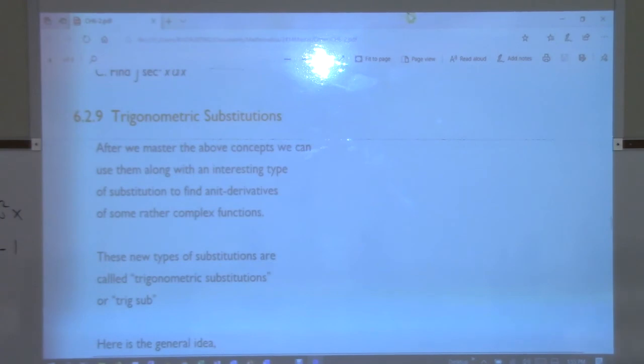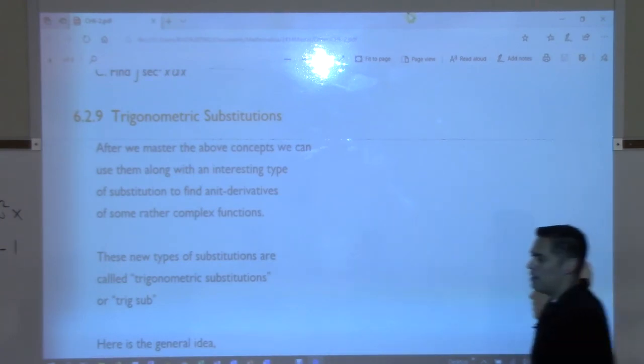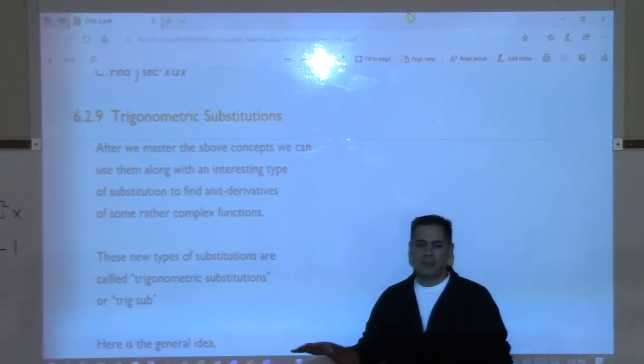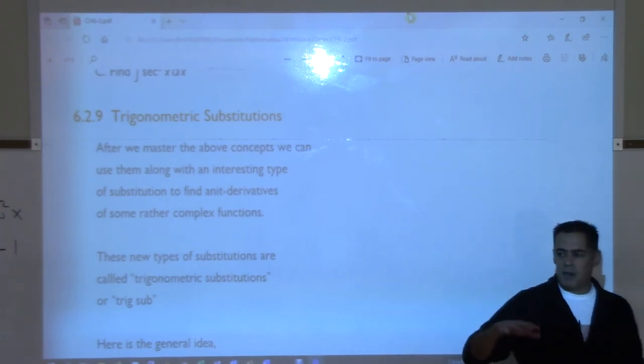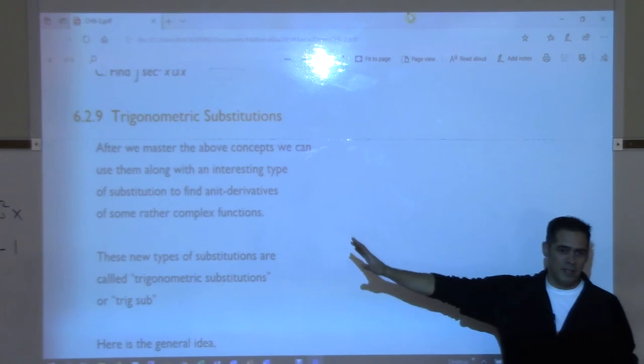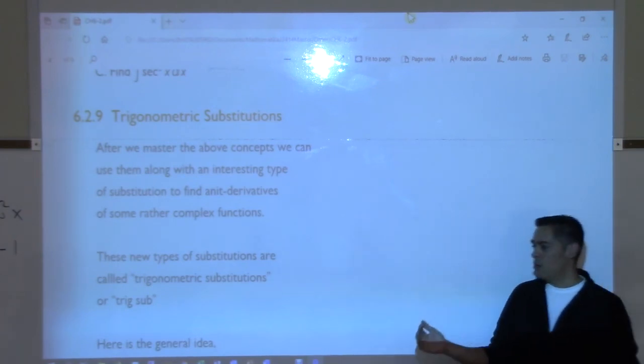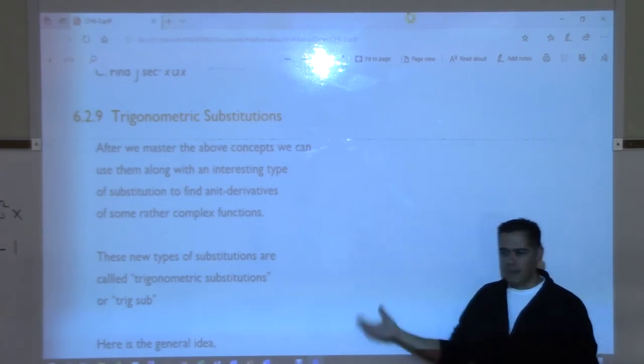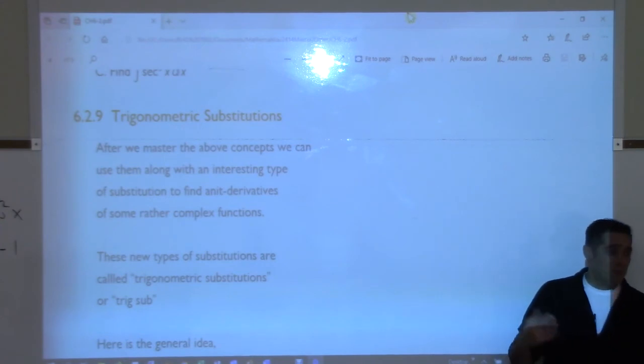So if we were to just summarize briefly what we have covered, you walked in day one, there are certain functions you could take the antiderivative of because you knew them from Cal 1. That was the first thing. Then we learned the power rule, right? Which we've been using a bunch. And then after power rule came